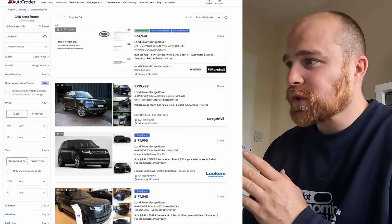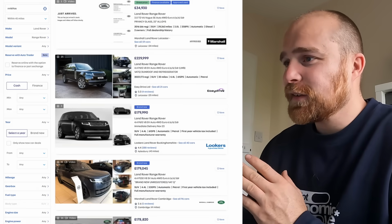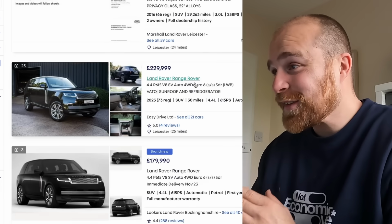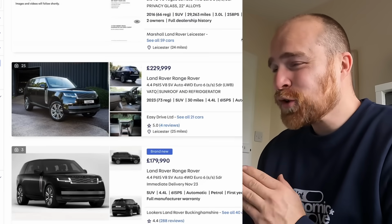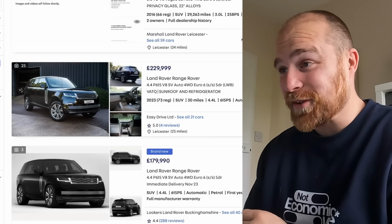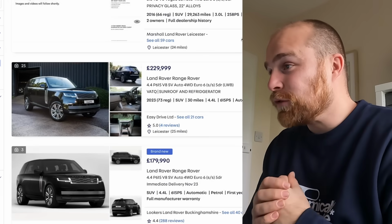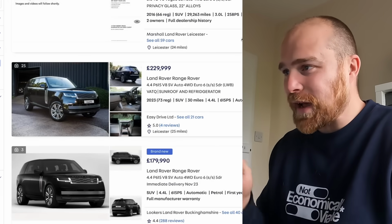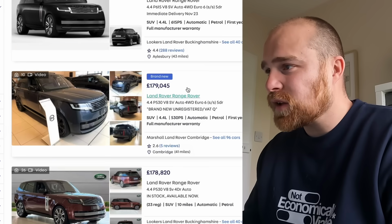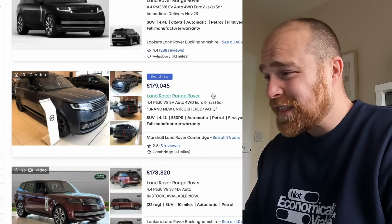So, I'm here on Autotrader right now. And just look at the price of some of these Range Rovers. Here's another brand new Range Rover. £230,000 for a Range Rover. I don't understand who is paying that amount of money for a Range Rover. But there's another one here, it's £179,000,